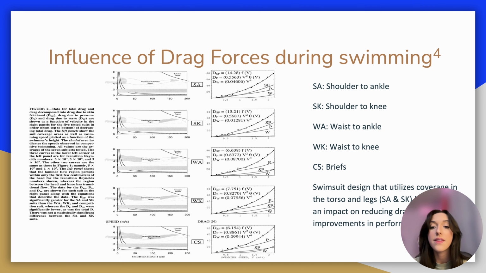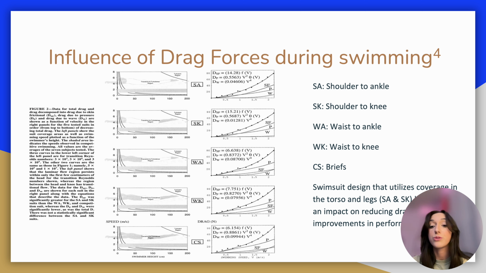Now looking at another study that actually utilized wetsuits, they had 5 different wetsuits, which were shoulder to ankle, shoulder to knee, waist to ankle, waist to knee, and just briefs. What they wanted to see was the influence of the drag forces applied to the swimmer, and with the wetsuit utilization, how much more of those drag forces were applied with the different wetsuits. What they saw was that the suit designs with more coverage of the torso and the legs, like the shoulder to ankle and shoulder to knee,